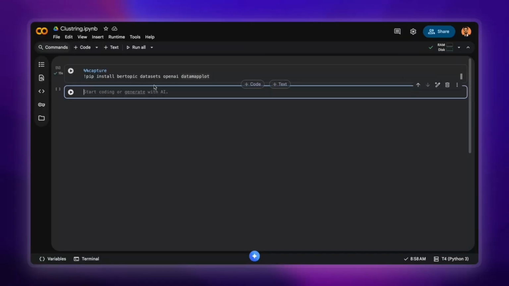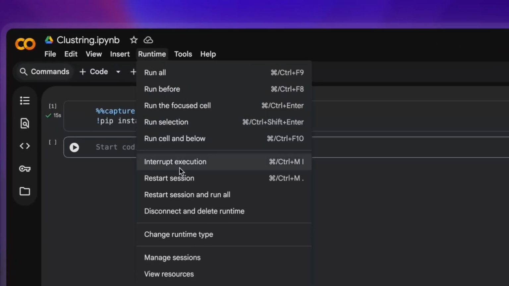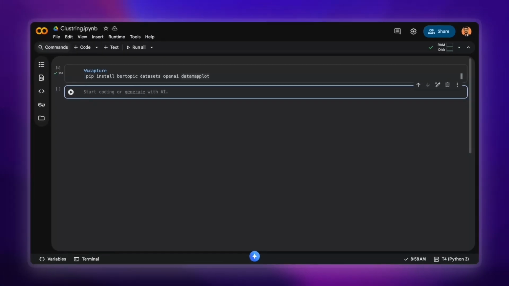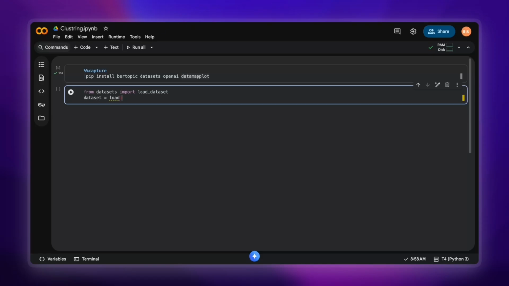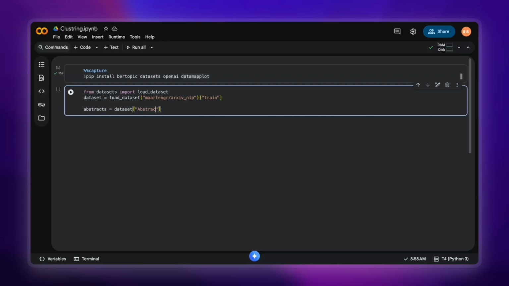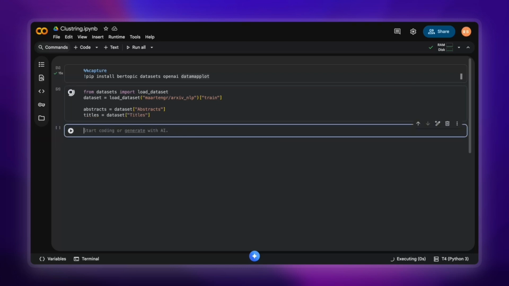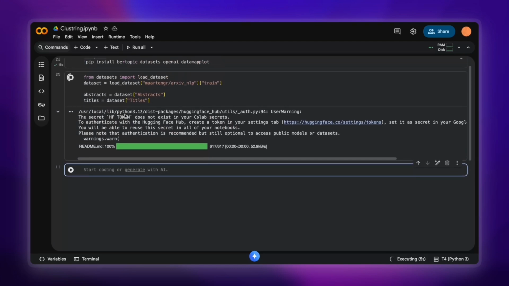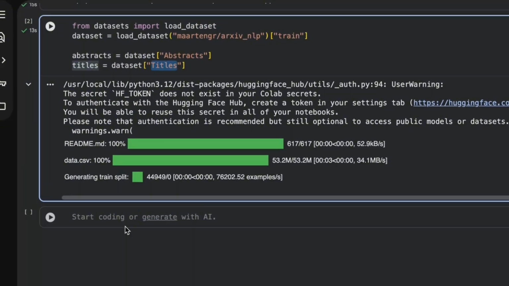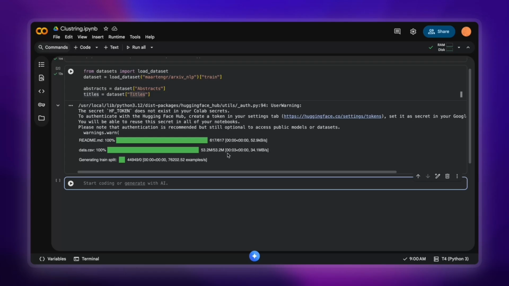Hi everyone, so I'm back again with a PyTorch tutorial. Make sure that you have selected your GPU. Install this dependency because we are going to do the clustering examples today. So let's import our dataset. This time let's use the arXiv NLP dataset because we are going to learn about topic modeling. Let's bring the abstract and title from this dataset. We only have the train split in this, as there is no validation, because this is the unsupervised way of doing